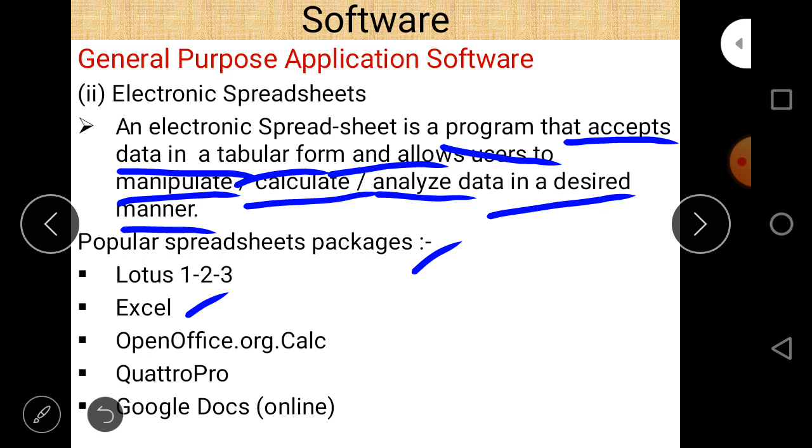Other software are Lotus, OpenOffice, Quattro Pro, or Google Docs, which is available online. So these are electronic spreadsheets. One very important thing is that they accept data in a tabular form and allow us to manipulate, calculate, and analyze data in a desired manner.